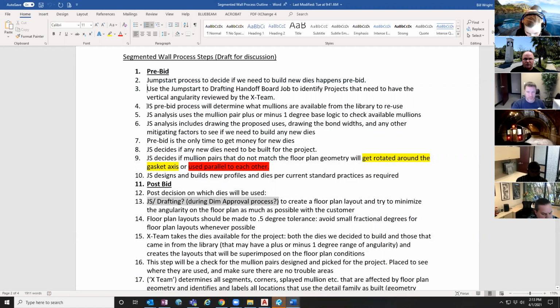Okay, so the Jumpstart pre-bid process will determine what mullions are available from the library, and then they'll analyze those mullion pairs using that plus or minus 1 degree base logic to see how many of those could be reused. Part of that analysis is going to be drawing in the bond widths, making sure that the glass bites are working properly, and any other factors that might have an effect on our decision